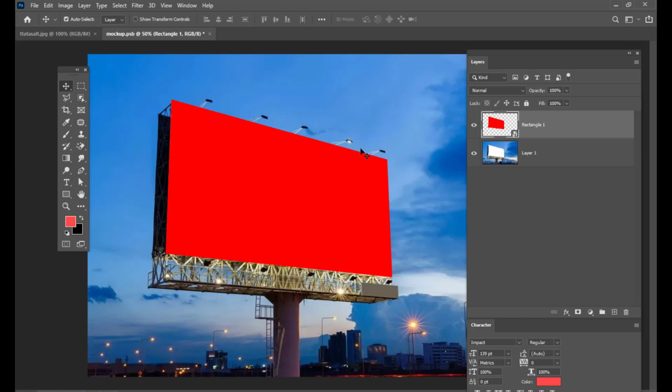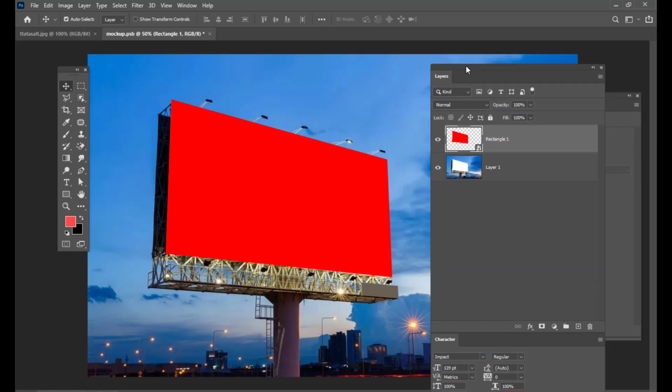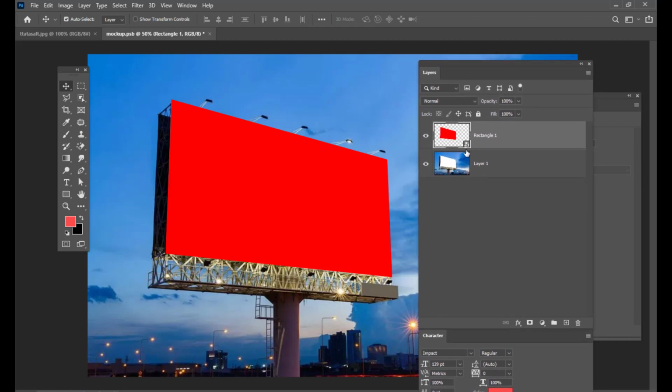Once you have adjusted the rectangle, now I'm going to put a poster on this billboard. How am I going to do that? The first thing is to double click on this smart object.